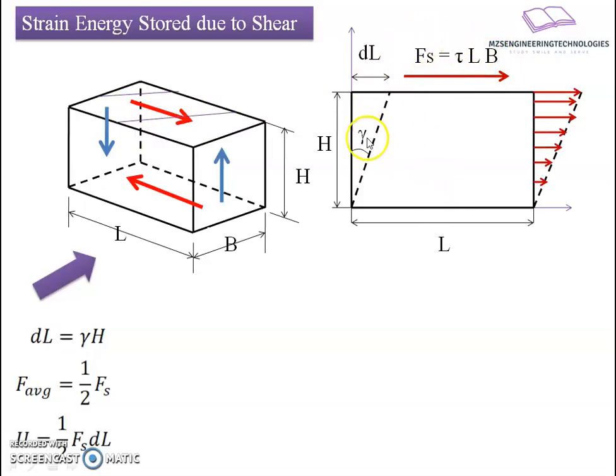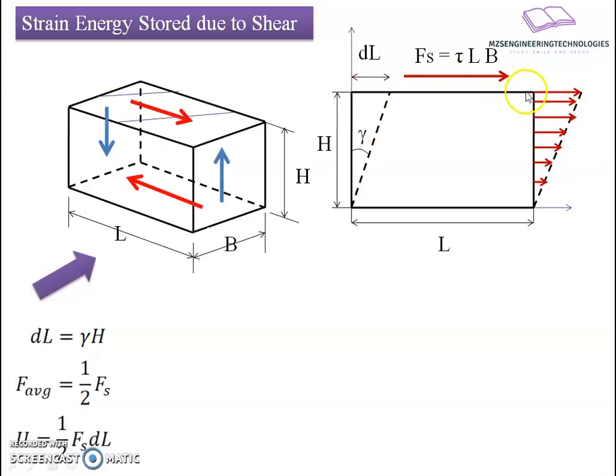Now I am going to say there is a strain happening to this angle, gamma, and there is a height h here, and dl is the base of that one. So if I want to find out the dl value, can I say it is gamma into h, by the triangular relationship? So dl, the total deformation observed by the body, is equal to the product gamma into h. From this I will move further to the calculation of the force which is going to act along the face which is causing this deformation.